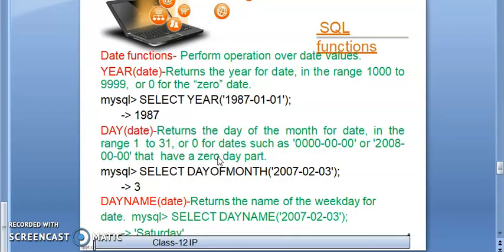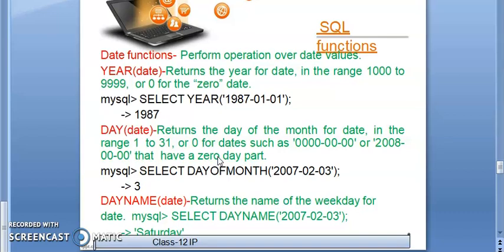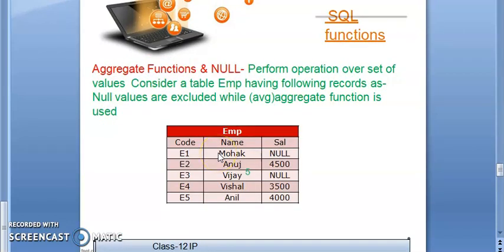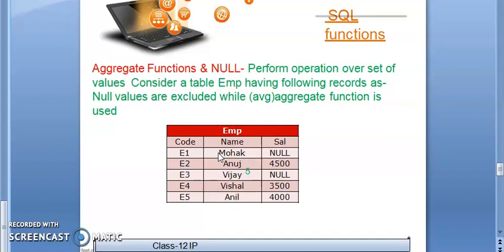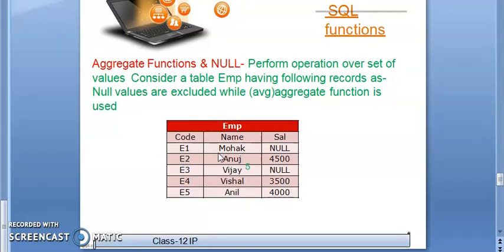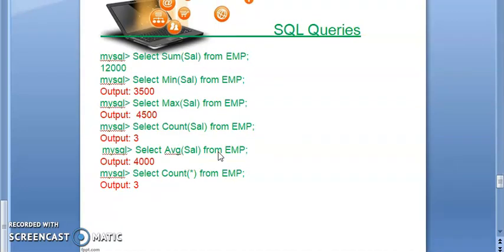Okay, so now after that we have discussed all the mathematical, text or character type functions and date functions. Now we will discuss the aggregate functions. All of you are aware of the aggregate functions, also known as group functions, the functions that we can apply on a whole column. Here we can see an example of the aggregate functions. In total, 5 aggregate functions are available.